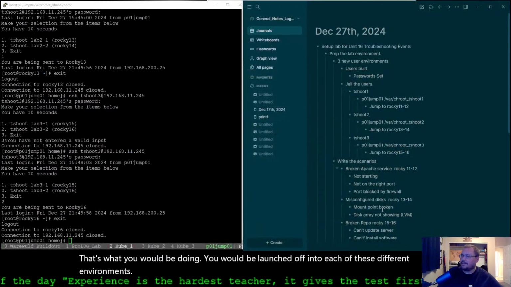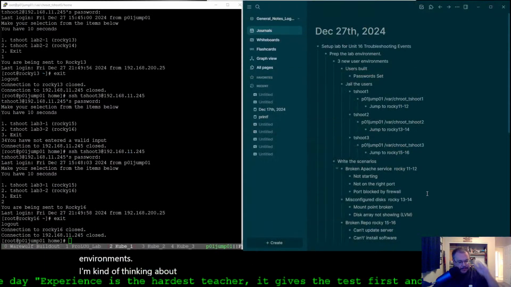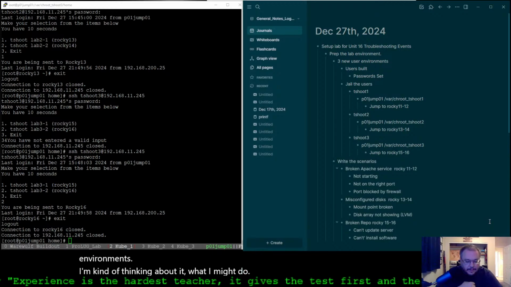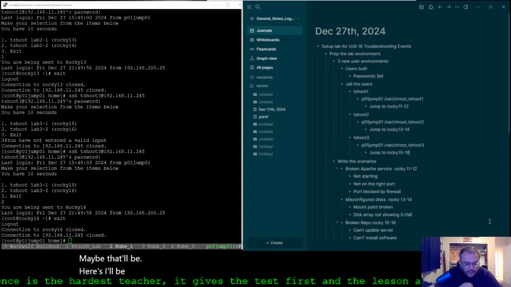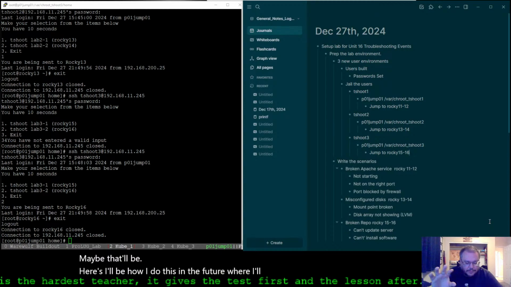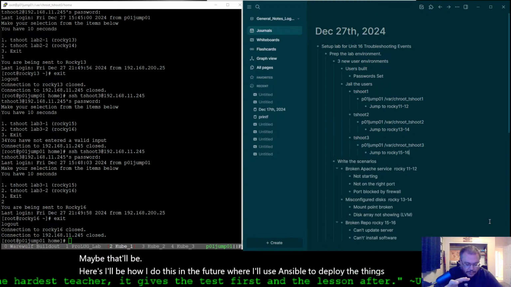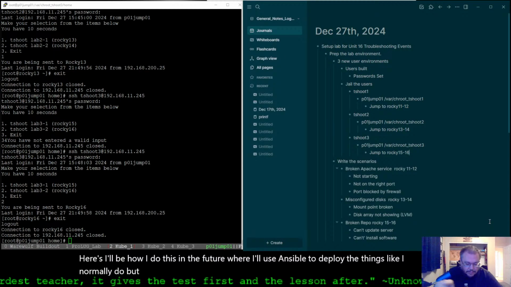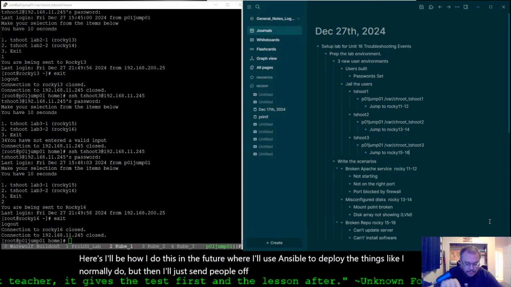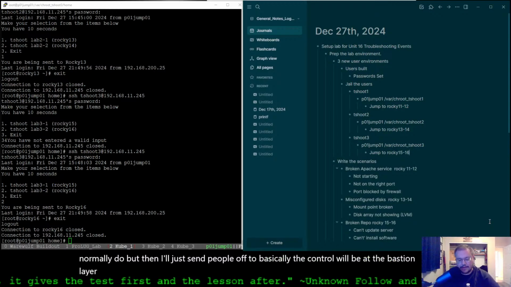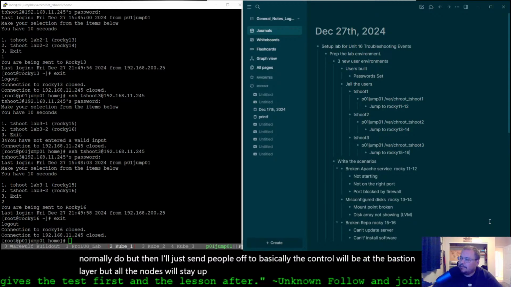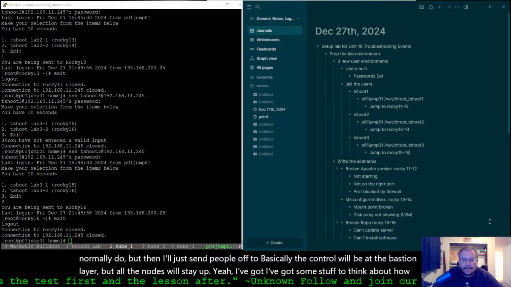And I'm kind of thinking about it. What I might do, maybe that'll be how I do this in the future, where I'll use Ansible to deploy the things like I normally do, but then I'll just send people off to, basically the control will be at the Bastion layer, but all the nodes will stay up. Yeah, I've got some stuff to think about how I want to do that lab in the future,